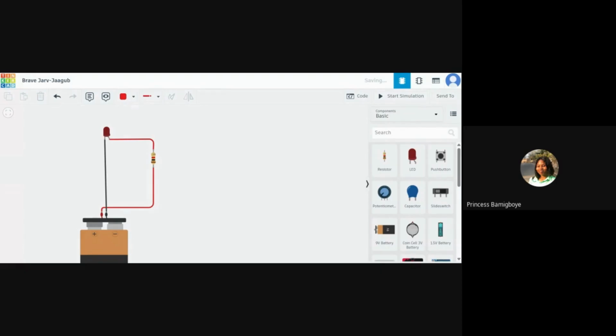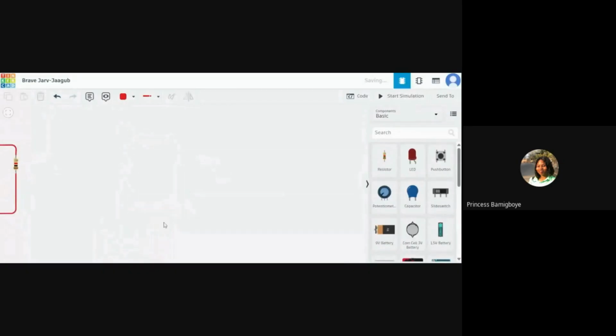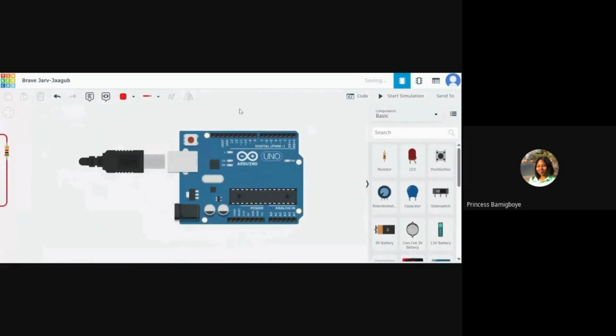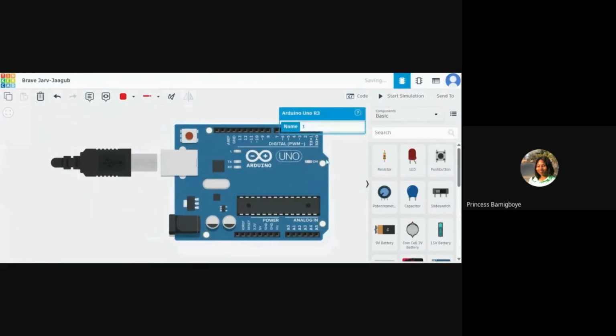Okay, so the next thing we need to look at on the Arduino are the digital pins. Yeah, the digital pins.